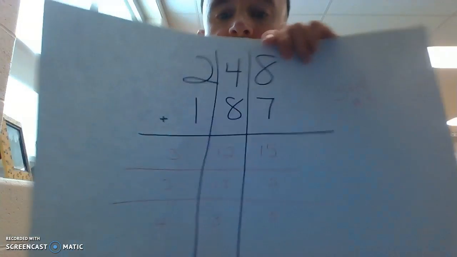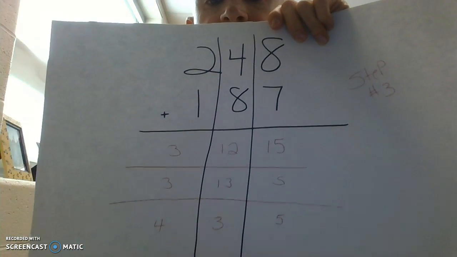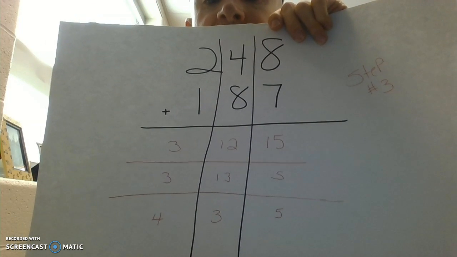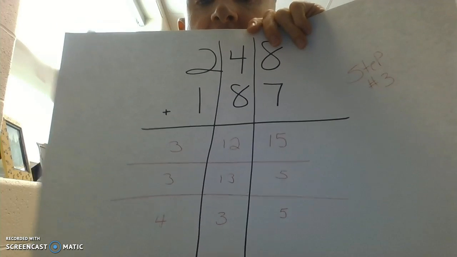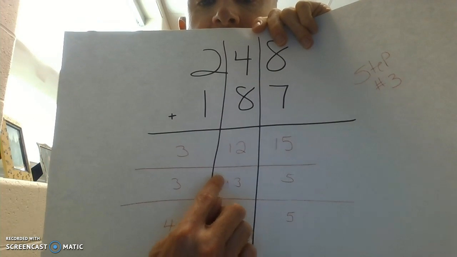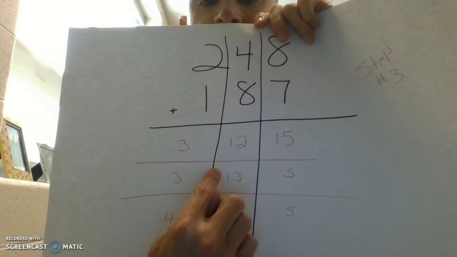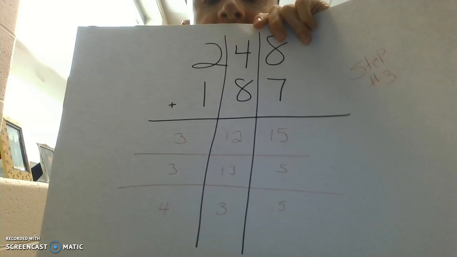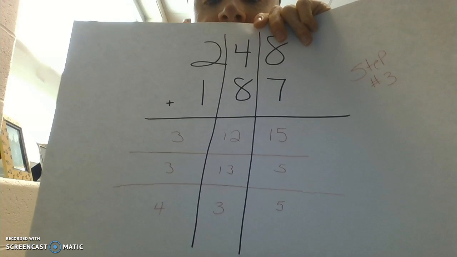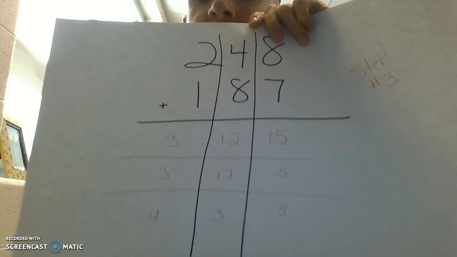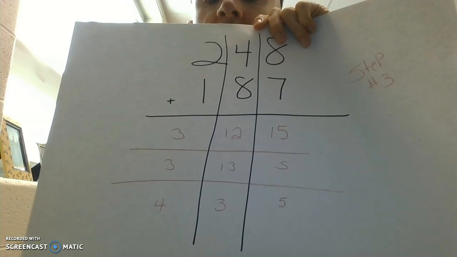For our final step, we still have one column that needs to be regrouped. So if you look here for our final step, right in the middle, we have our 3, our 13, and our 5. So now we're going to regroup or trade right here at the 13. The 1 in the 13, the 10, I should say, is going to come over to the hundreds column. So the 3 becomes a 4. So we're left with 4 in the hundreds, 3 in the tens, and 5 in the ones, or our answer,